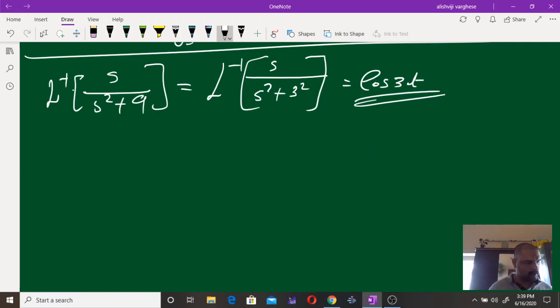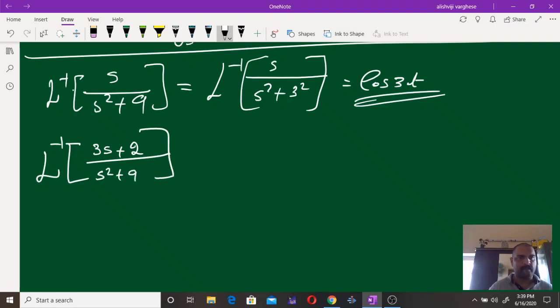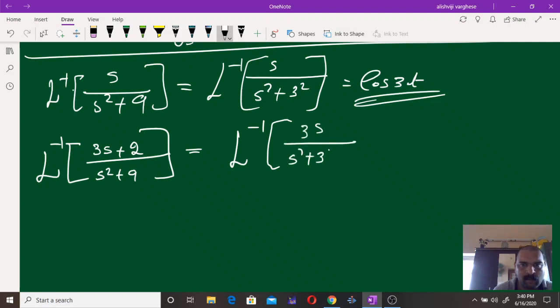Okay, another simple one. Now let's consider another function. Find the inverse Laplace transform of 1 by 3s plus 2 divided by s square plus 9. The denominator is s square plus 9, so that is something like a square plus s square. So we can rewrite it like this: L inverse of 3s divided by s square plus 3 square plus 2 by s square plus 3 square,